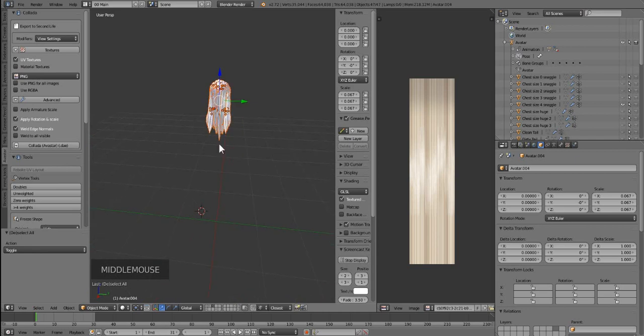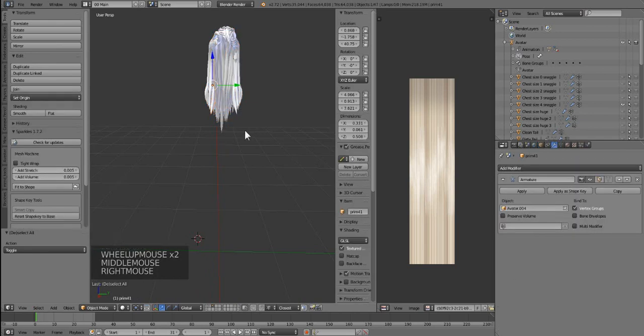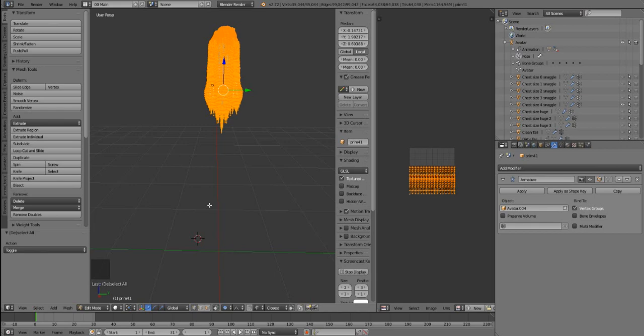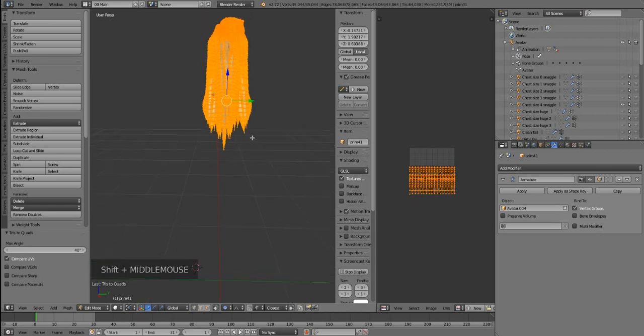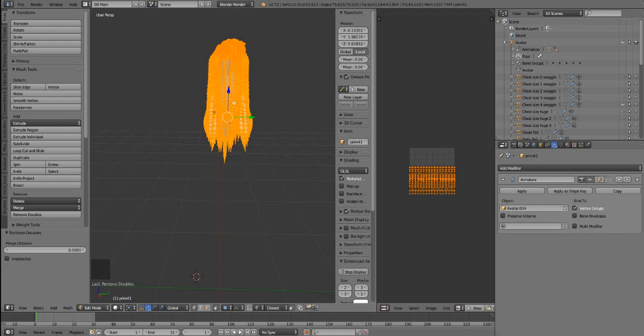To make it easier to work with, I'm going to join it together. We're just going to do like we did with our first hair. So we'll just select it, press A, and then join it while it's in object mode. And once it's joined, we're going to do the correction stuff. So we're going to correct the texture. So we're going to press A, and we're going to press Alt J, and wait for it. There we go. And we're going to make sure that this compare UVs box is checked, so we don't mess up our UV map. Then we're going to press W and then remove the doubles, just like we did in the last one. And once the doubles are removed,